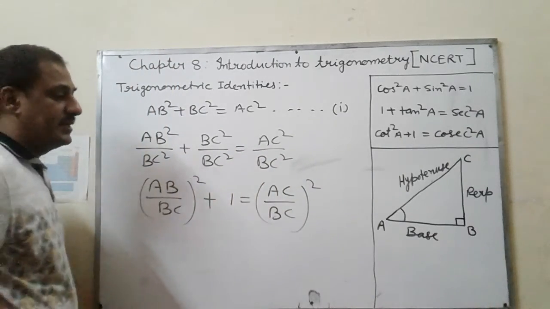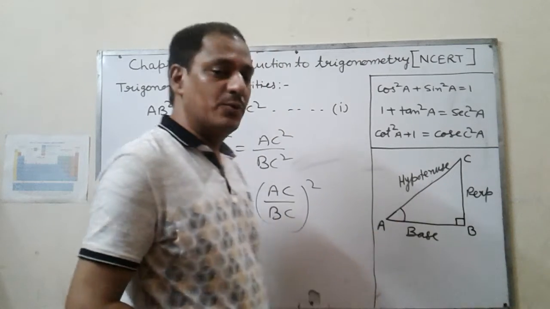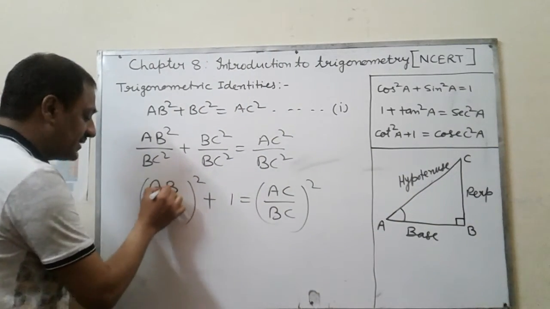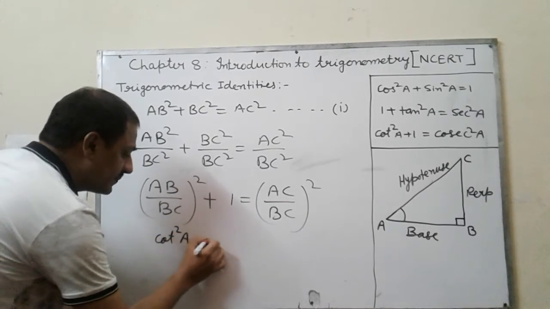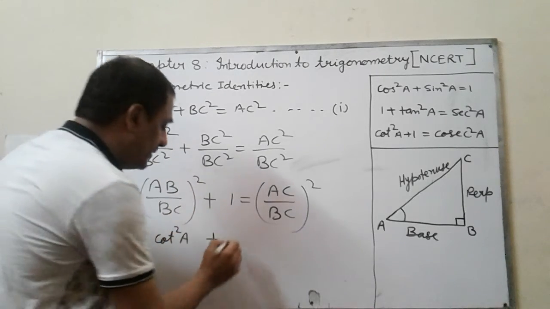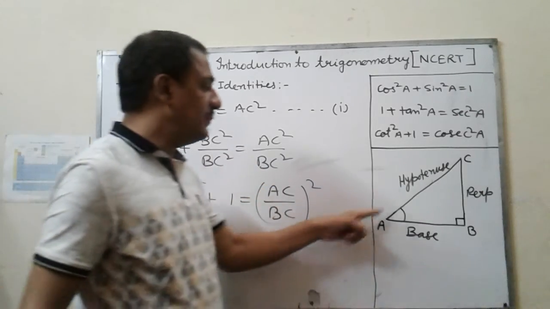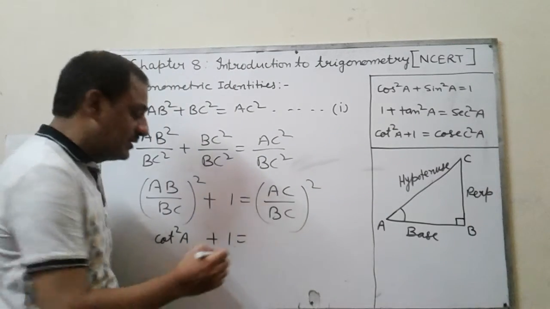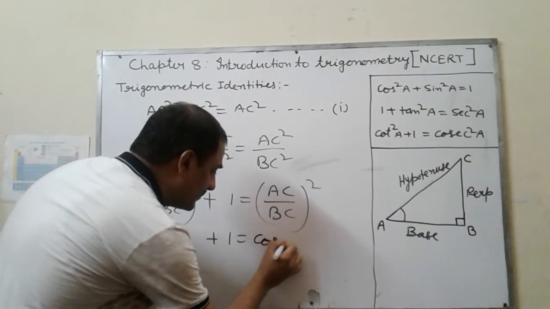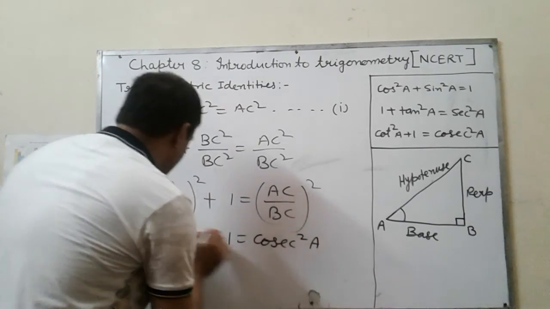AB upon BC is equal to what? Base upon perpendicular. This is the base and this is the perpendicular. It will become cot square A plus 1 is equal to AC upon BC. AC is the hypotenuse. Hypotenuse upon perpendicular is equal to cosec. Cosec A, and the square of cosec A is cosec square A. This is the proof of